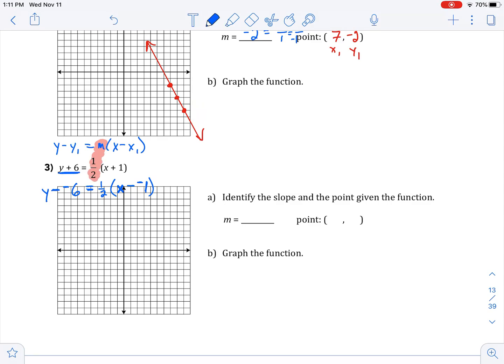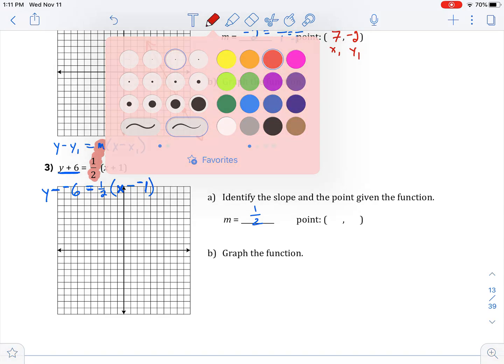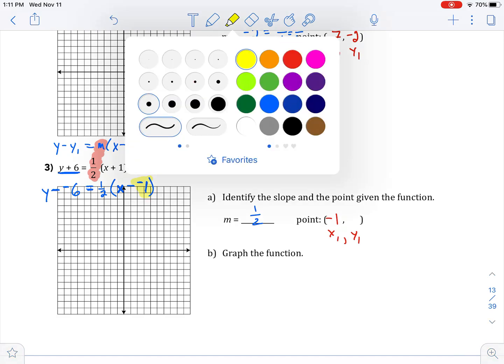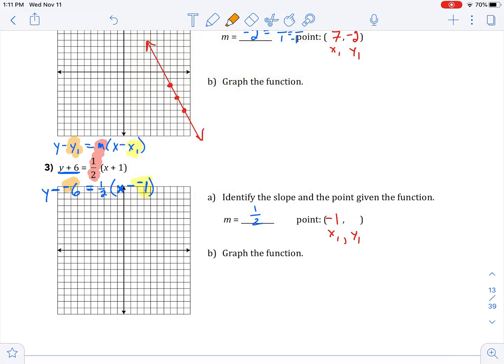As we state the slope, it is going to be 1/2. As we state the point, remember that point here is going to be x sub 1 comma y sub 1, where x sub 1 is, I'm going to do some highlighting, a negative 1, and y sub 1, the value that is being subtracted, is a negative 6. Please recognize that both of these were the opposite of the positive 6 and the positive 1 that were in the initial problem. Again, this is really important because negative 1 comma negative 6